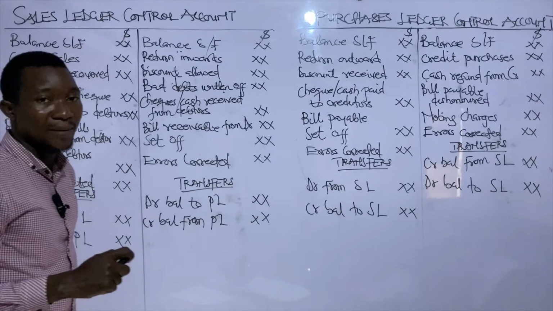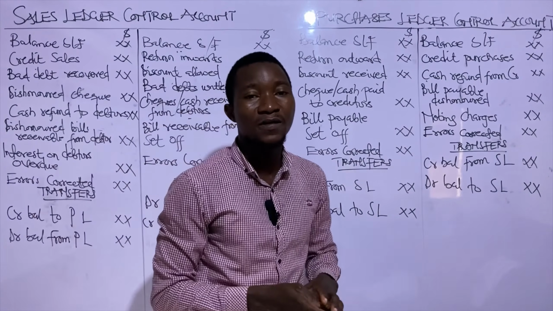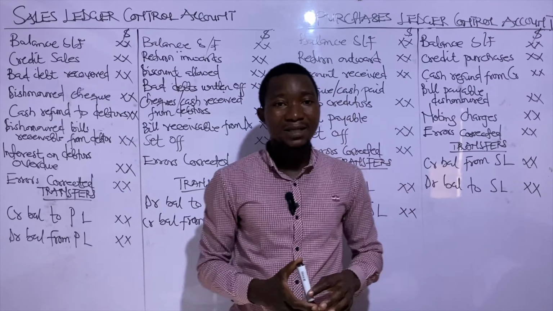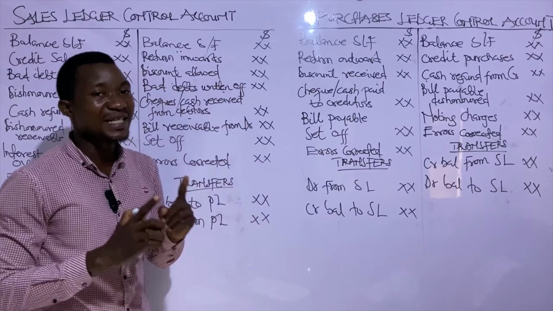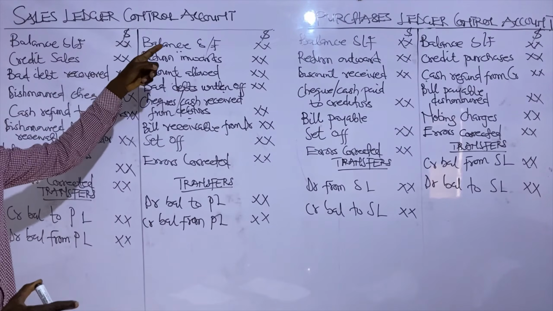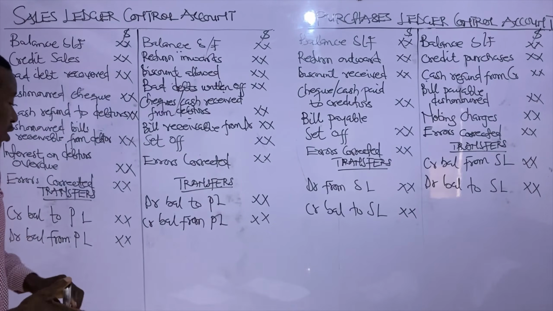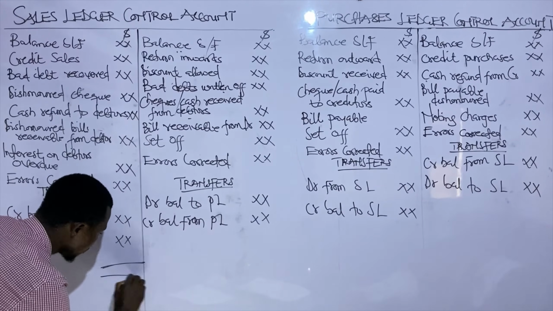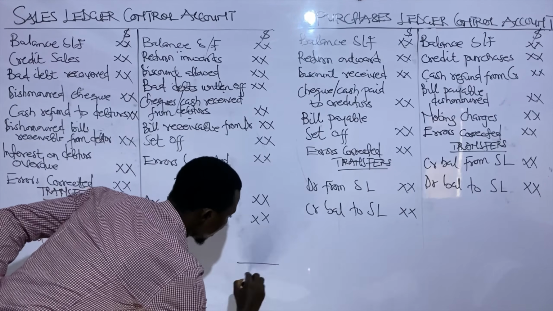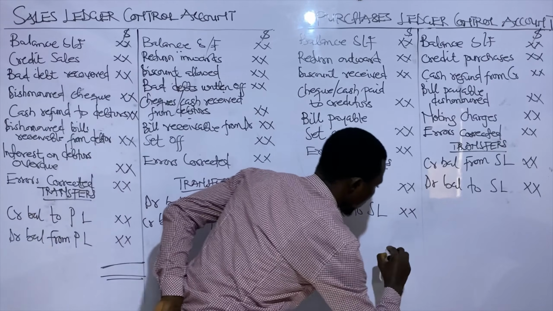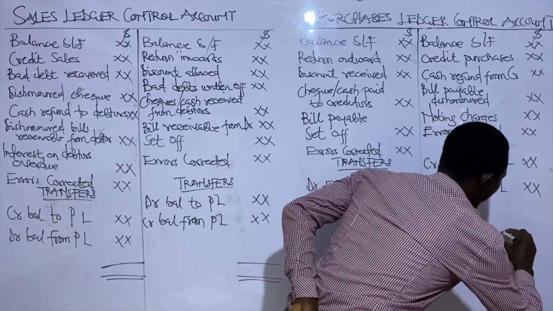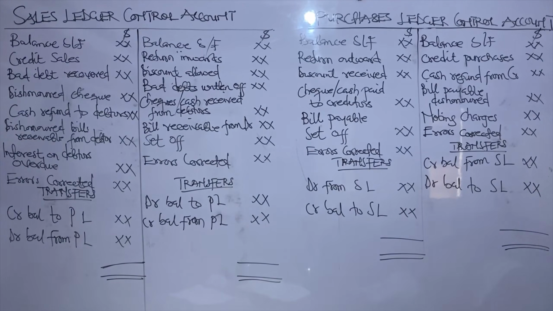The last thing to talk about is how to balance off the two control accounts. Is that okay? In balancing off this control account, there is a difference between the opening balances and the closing balances. So listen carefully. I want to take you through how the control account is balanced. The question will tell you that